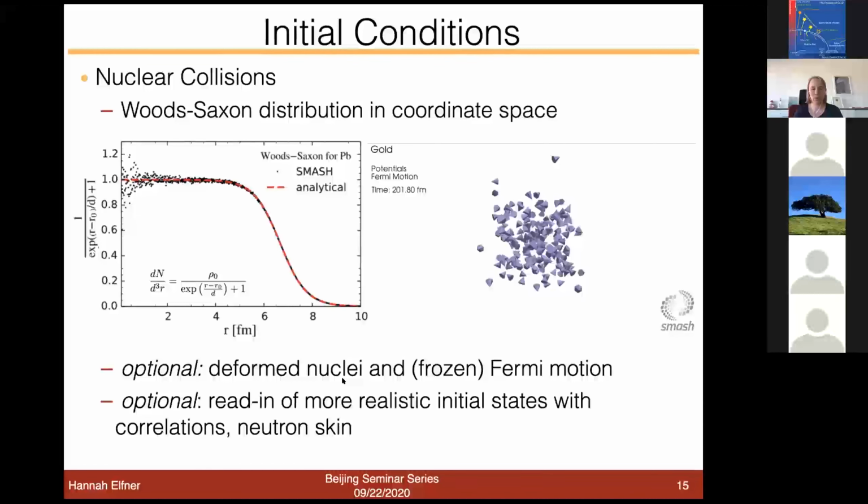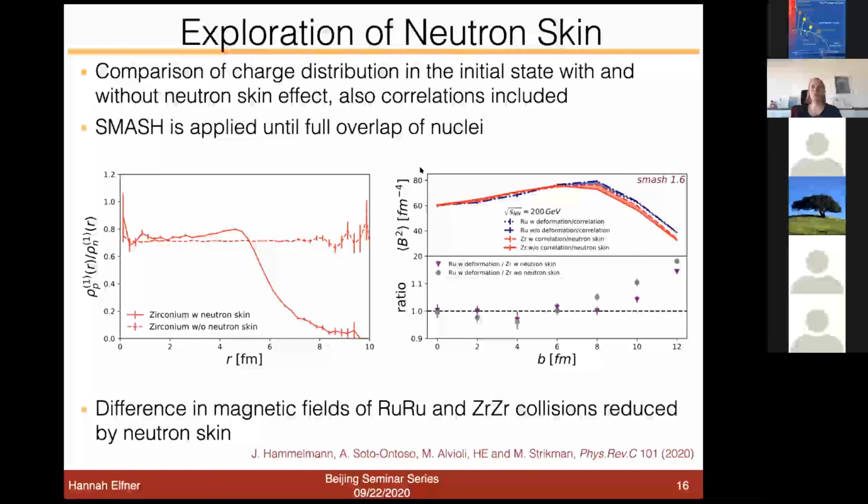And then we have another feature that we actually explored in this work, where we just read in the positions for the nucleons in the initial nuclei from an external file that was generated with knowledge about the nucleon-nucleon interactions by Massimiliano Alvioli and Mark Strikman, so based on actual theory input. And that then includes also the neutron skin, for example, or correlations between the nucleons. In our default setup, this is all not there, but if you read in these external files, then this can be included, and we show here on the left-hand side.